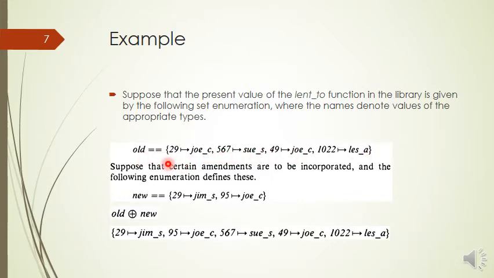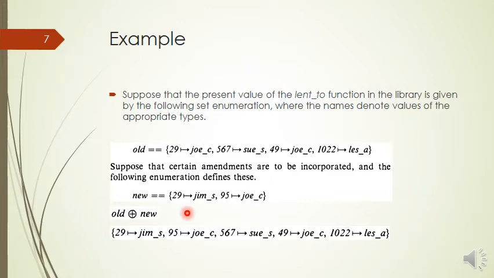For example, book number 29 is issued to Joe, and so on. And there is an update in issued books, and this update is represented by a function variable new, and it contains 2 ordered pairs. Now book number 29 is issued to Jim, and there is another book 95 which is issued to Joe.